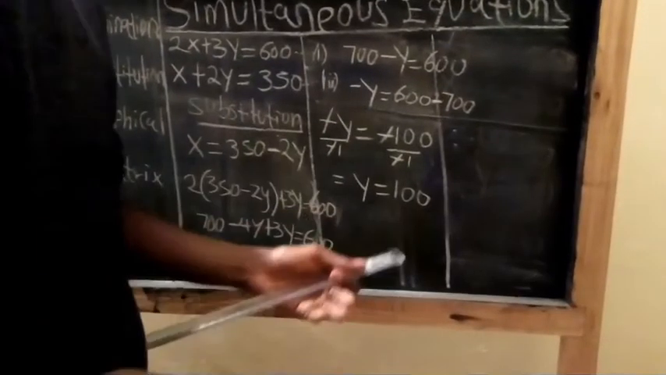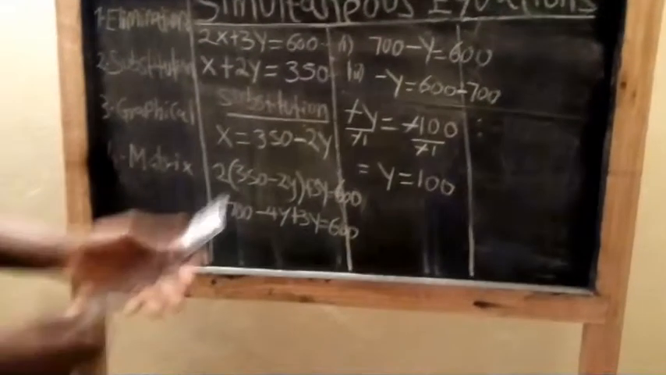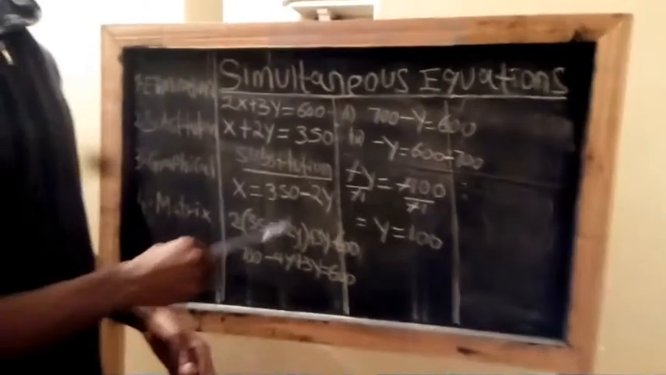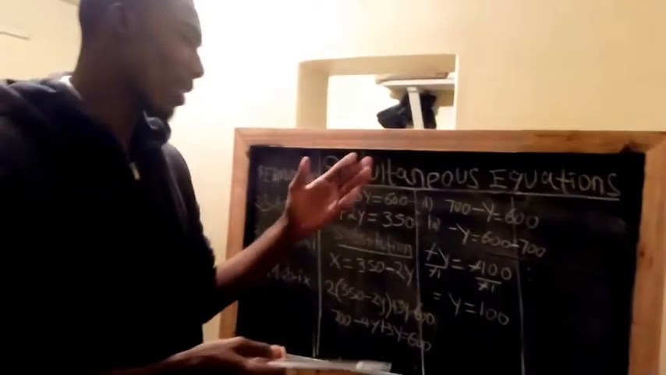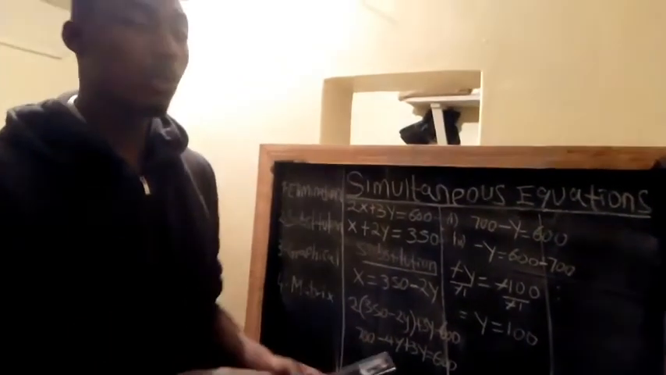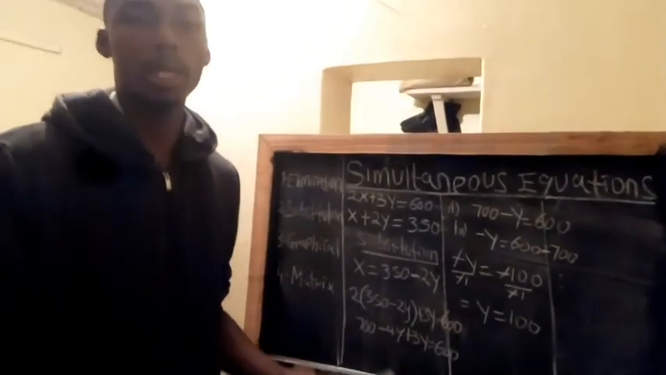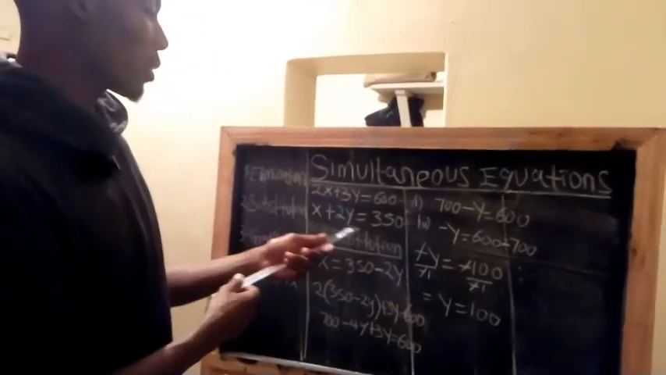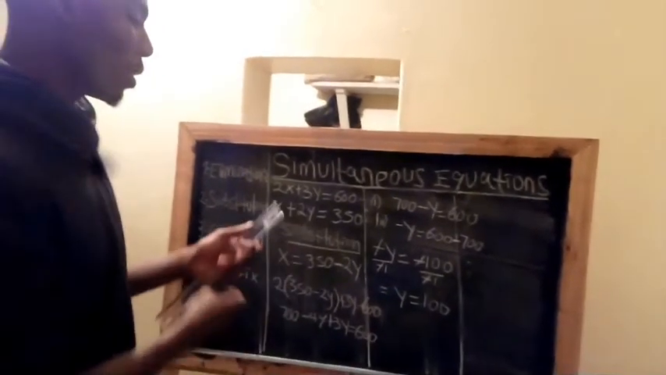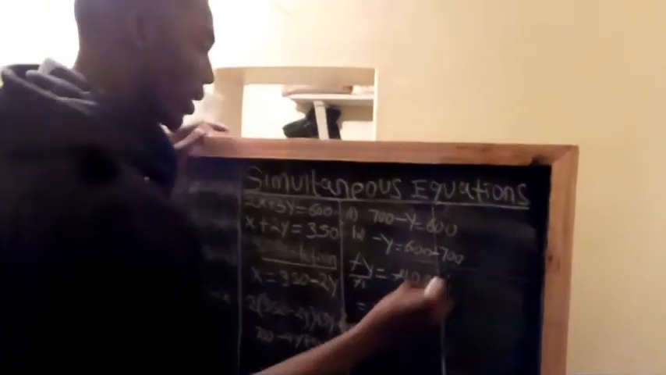To get x, you back substitute in either of the equations now. After you've gotten one unknown, you can back substitute in either of the equations, either the first or the second, because you've gotten the first unknown already. So let's use the second equation, which is easier because it doesn't have many numbers. So to get x, we say